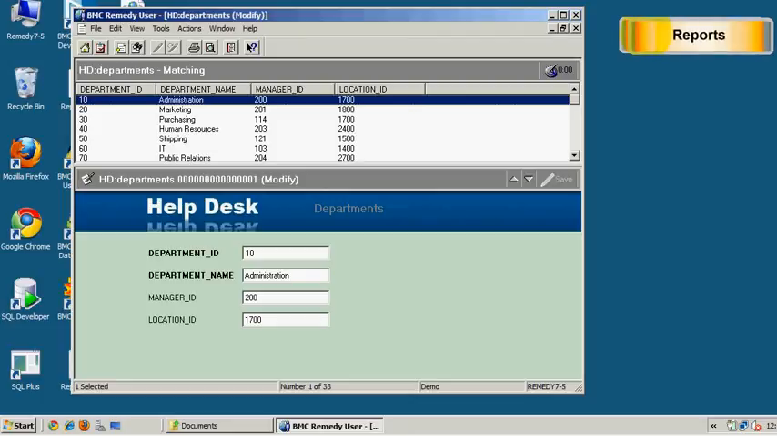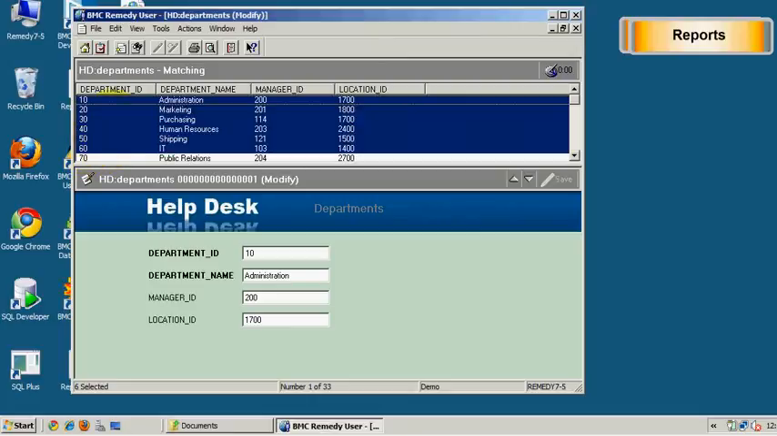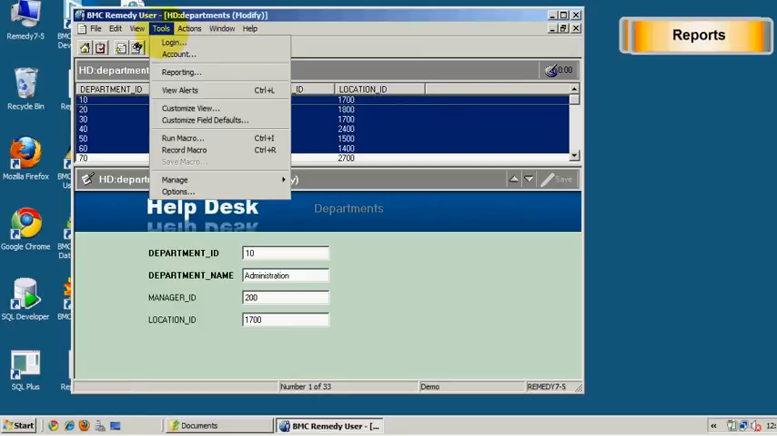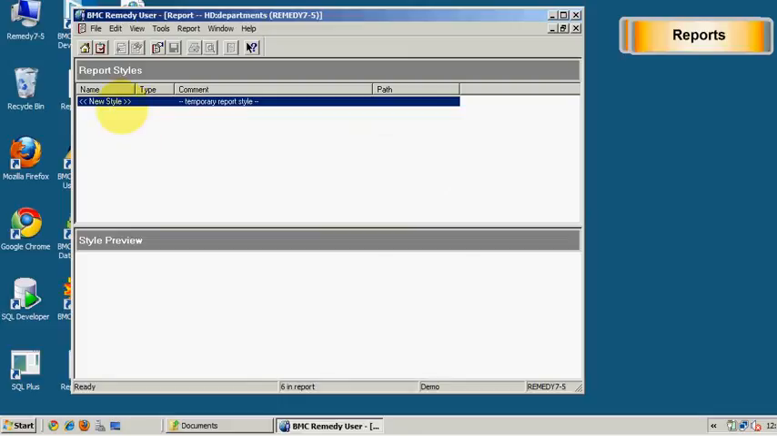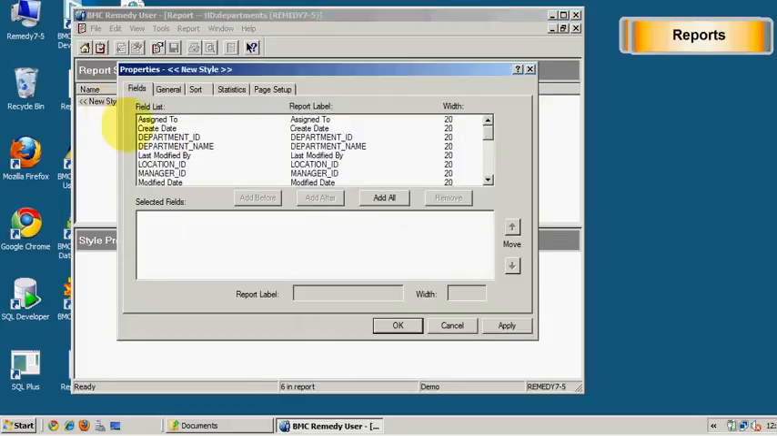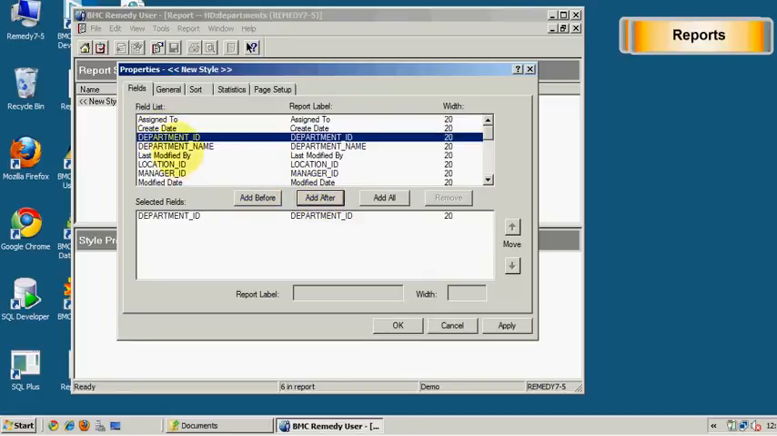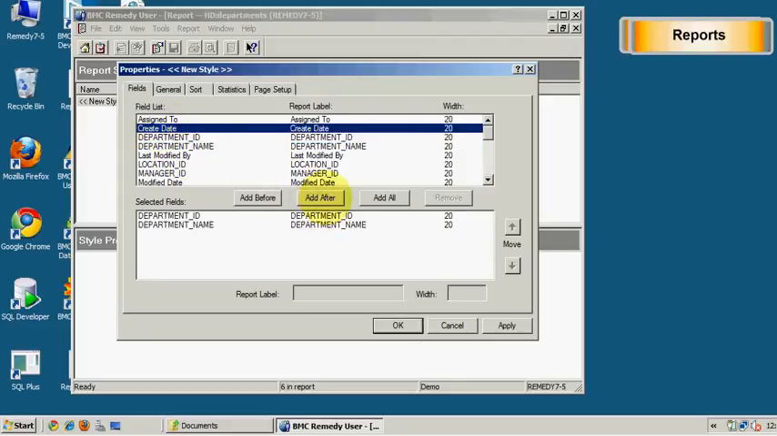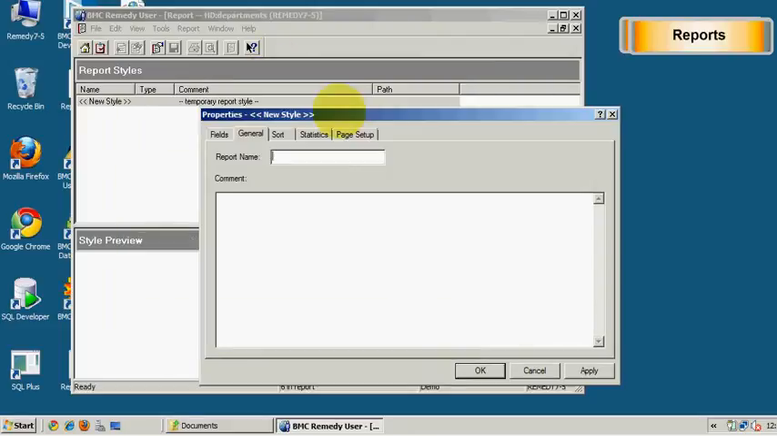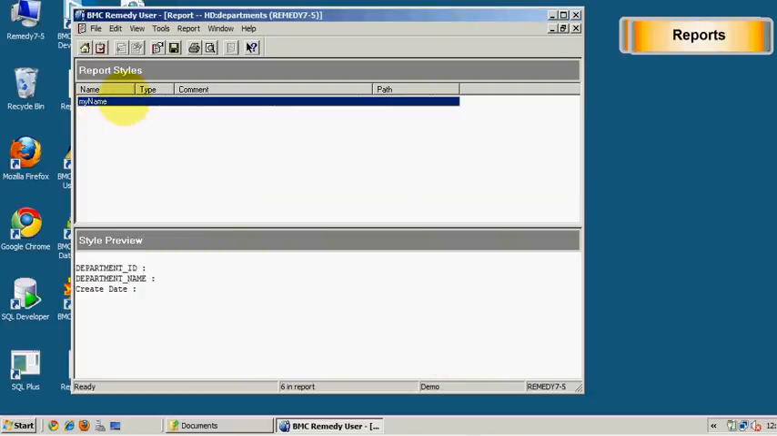Let's talk about reporting, see what we can do super quickly. I'm going to highlight 6 records here, selecting 6 records. This icon here is for reports, or it's also a tool. Reporting brings up the same window. New style. If I double click new style, it gives us the options. We can select from the form we were working on. We can add a couple of fields. In general, see here where it says new style, my name, and if I say OK,